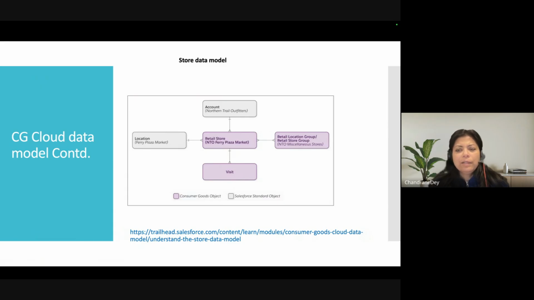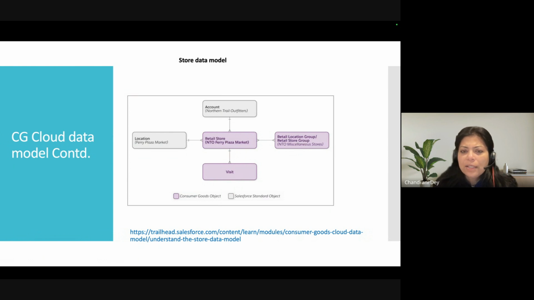We will try to start with the store data model. For any application, even if you go with the sales and service application, you will start with the master data. So the store data model is kind of master data for you when you come to CG Cloud. This includes entities related to the physical store, its location, and in-store location within the store.